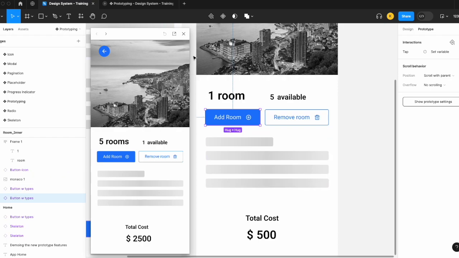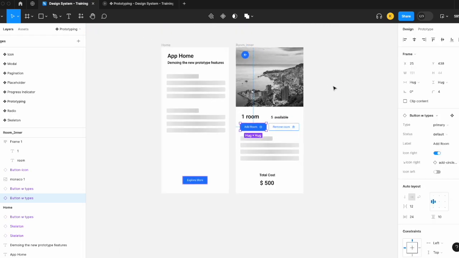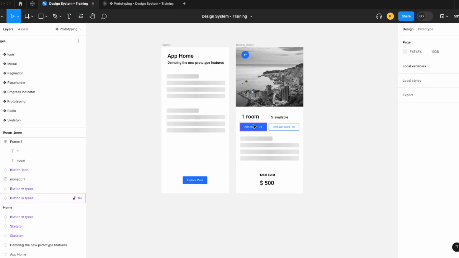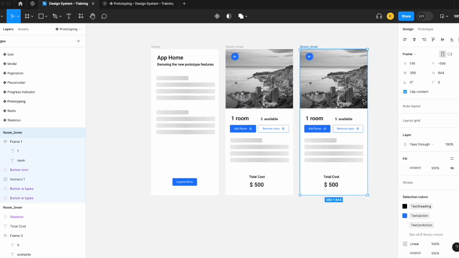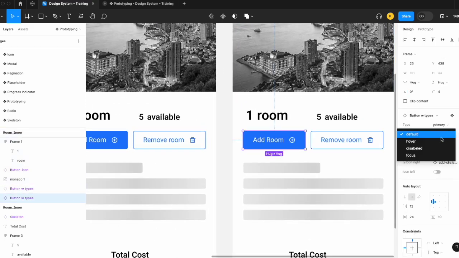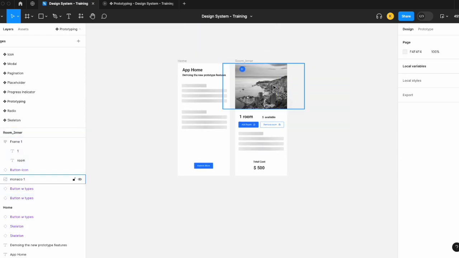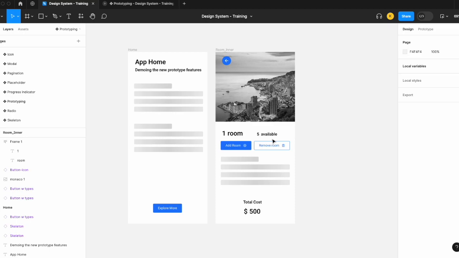Amazing. So one other thing as well that I would like to highlight is what used to happen in the past. If you wanted to display a hover effect, what you'd actually do is duplicate the page and then apply the hover effect to this page. So then every time a user's hovering over that button, the prototype would switch to a different page and then you'd switch back. But what's really, really good with the new Figma prototyping functionality launched at Config 2023 is that